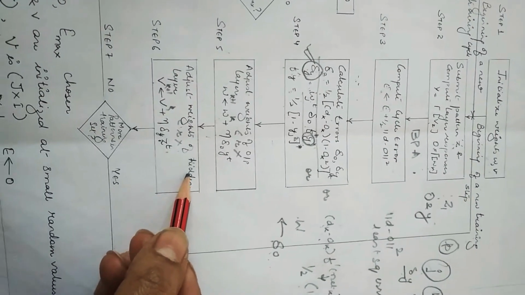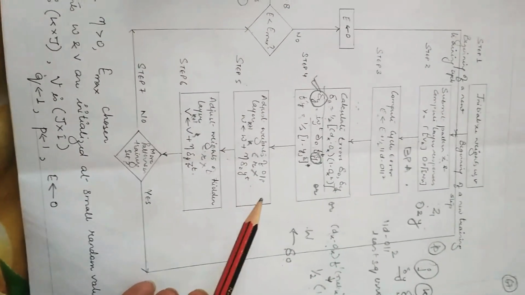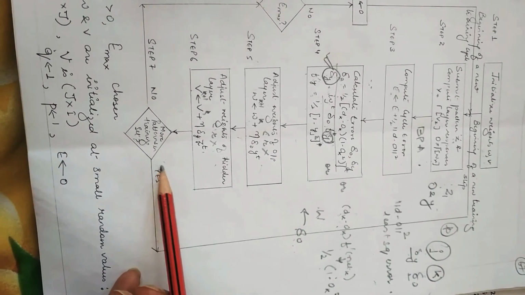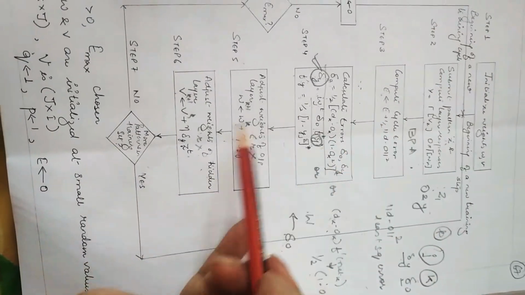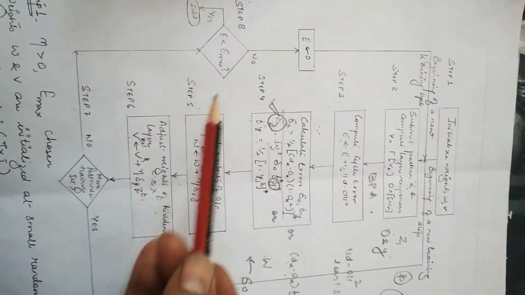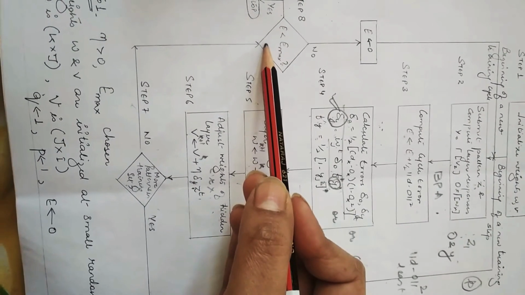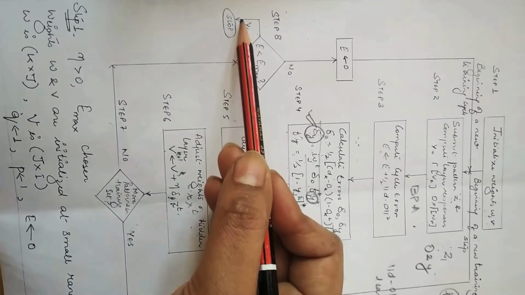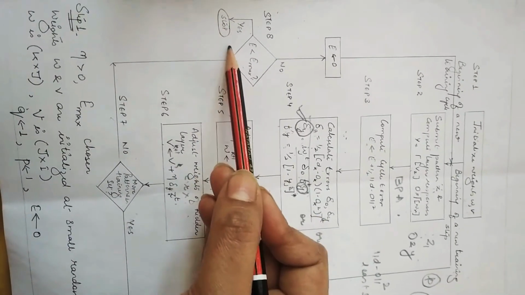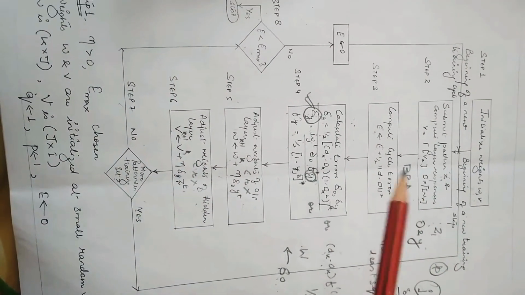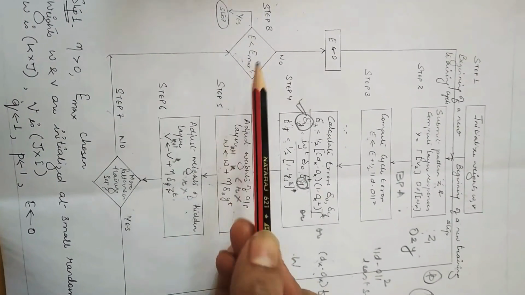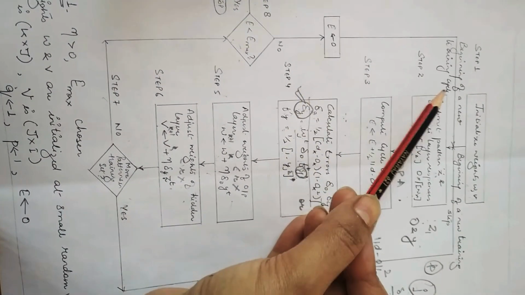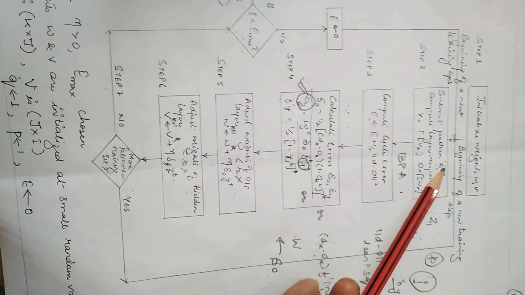Now after evaluating the change or the updation of the weights, we will see if there are more patterns in the training set. If yes, then we will start with the beginning. If no, it will check the error. Now this cyclic error is compared with some minimum error, and if it is less than that error, then we will stop our error back propagation. That means our training session has fully completed. Now if this error is greater than that value, then we will put E as 0 and begin a new training cycle with a new training pattern.